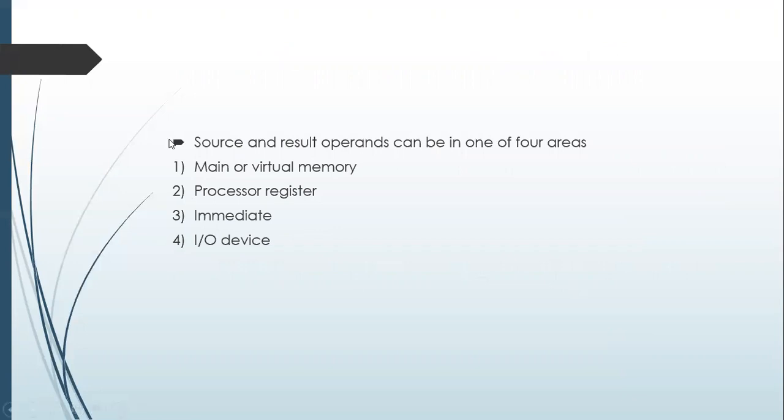Source operand means whatever you are giving as input, and result operand is whatever you have calculated in your processor after performing those operations. These can be stored in the following areas. First area is main memory or virtual memory. Second one is processor register. You can also say the source operand or result operand may be in a processor register, or